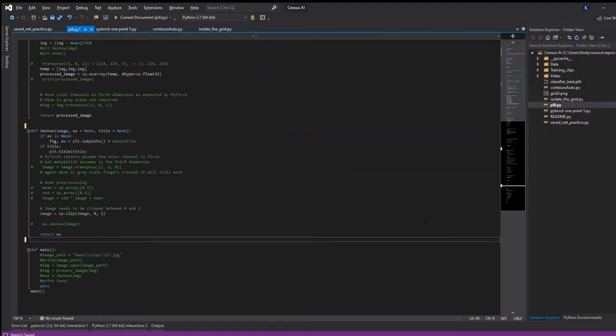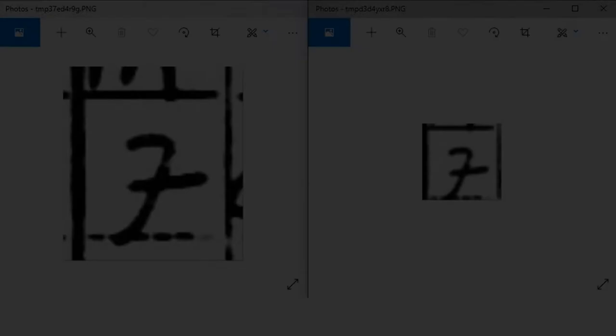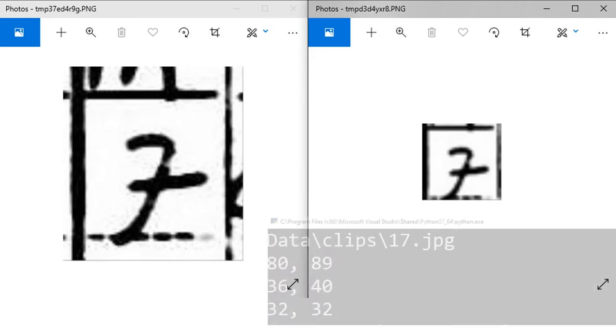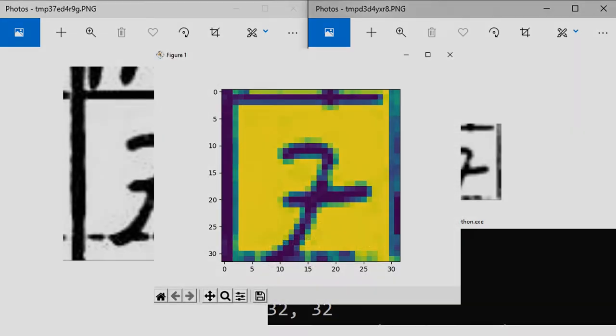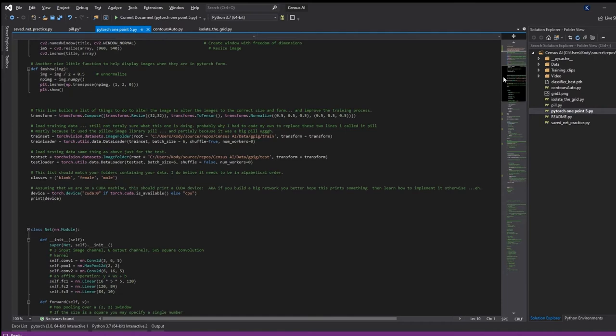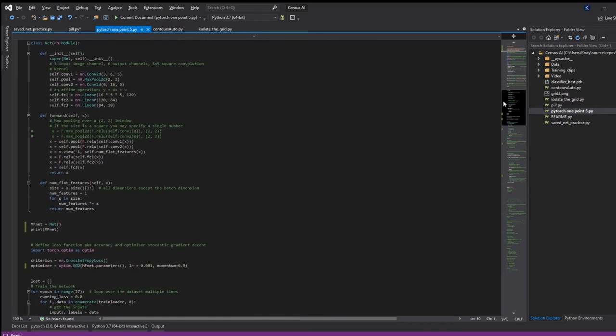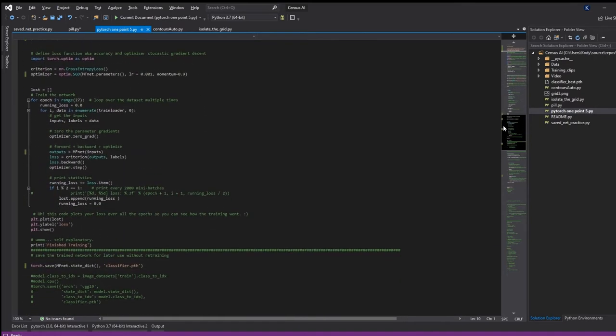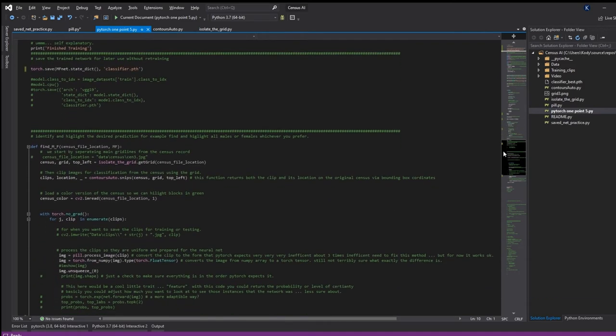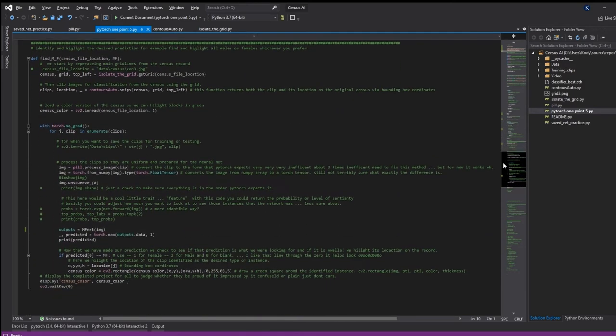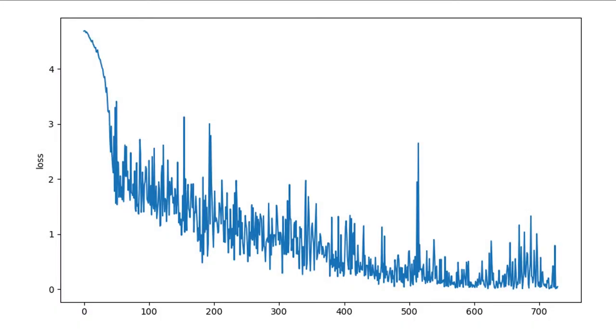Before the neural net runs an image through its network for identification, the image must first be processed to ensure consistency. To do this, the image is resized, cropped, and normalized. Next is building the actual neural network, and in this case I'm using an adaptable convolutional neural net via PyTorch. This network is trained and tested using the sorted images from several census records. Here you can see I've plotted the loss of my neural network training, and once the training is completed,